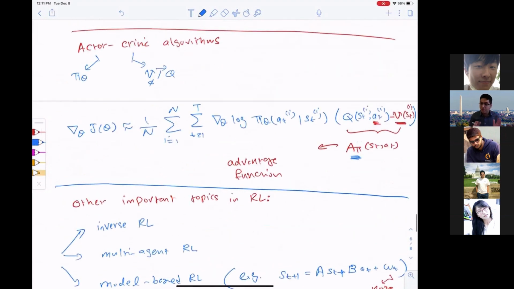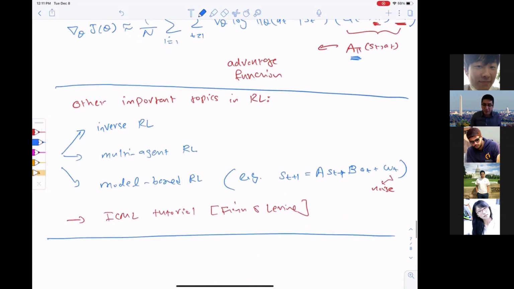Is everything clear? So we learned about Q learning, we learned about policy iteration, and we learned about policy gradient today. And we realized that the approximations can be high variance. We talked about different ways of reducing the variance by subtracting the baseline term, by representing the Q function or V function using a neural network itself, and by also looking at rewards to go. So these are some of the techniques that people use in practice, and they work pretty decently.